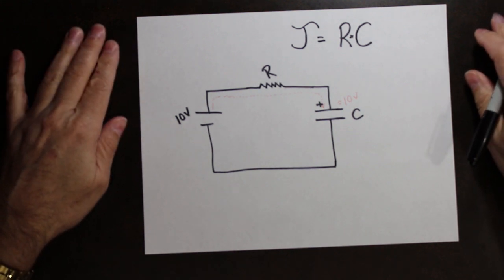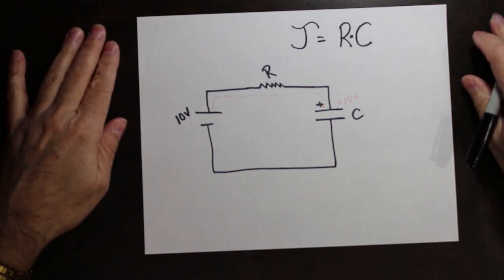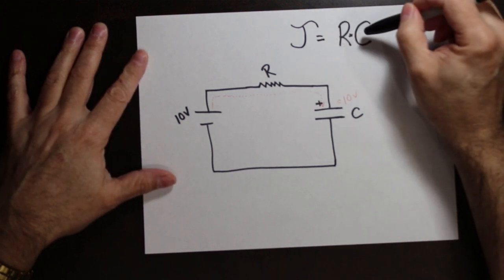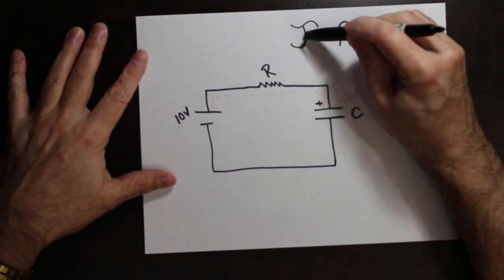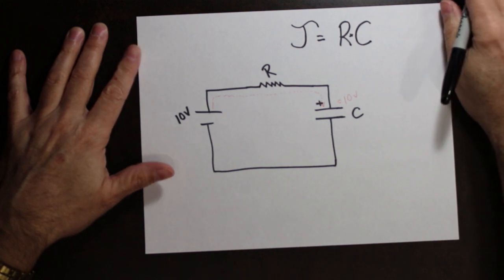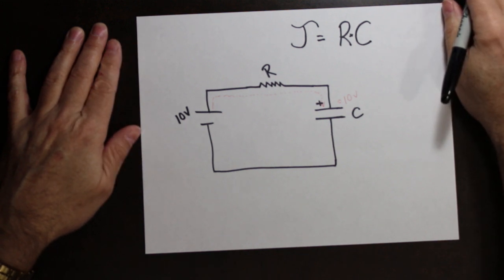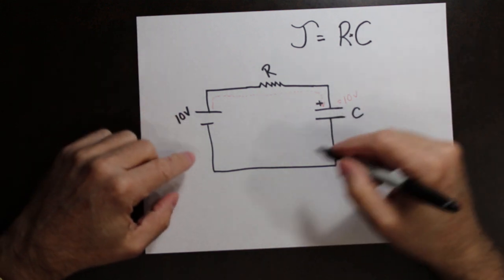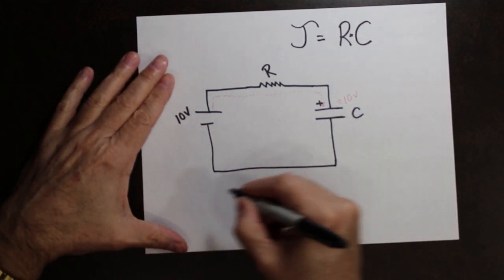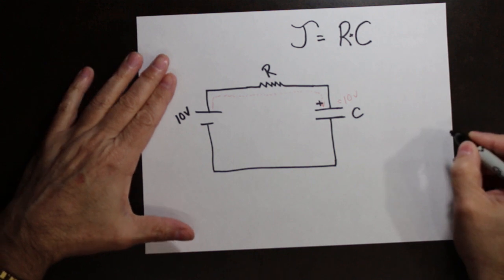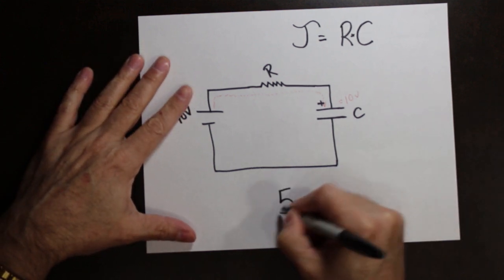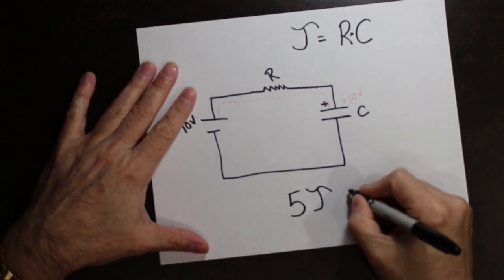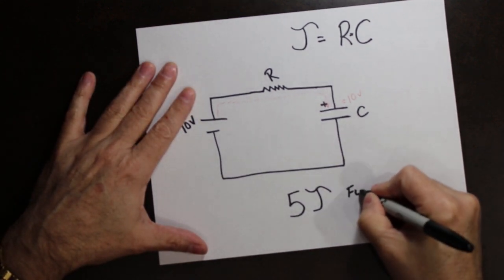Tau is a time constant. So R times C is equal to 1 tau, one time constant. To charge up a capacitor, to go from 0 to full charge, takes 5 tau. So 5 tau to fully charge